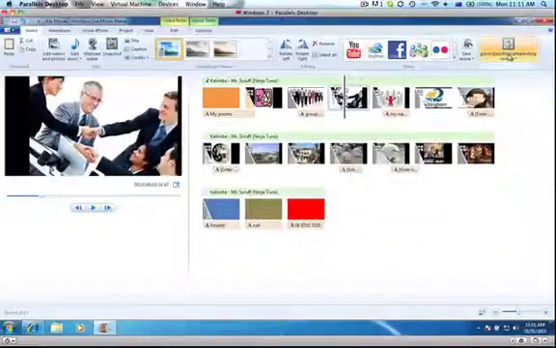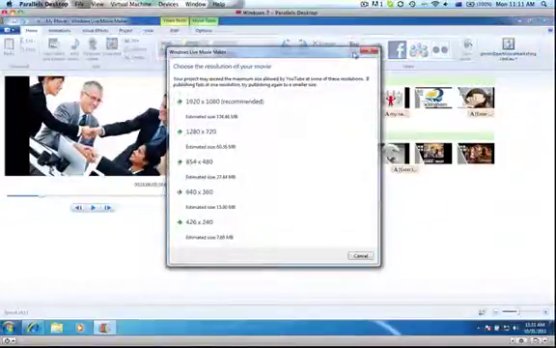So I can see here that I'm already logged in, and that means that this panel is now active, and I can click on YouTube, and that will bring up a selection box for choosing the size that we want our video to appear on screen. Now, mostly for YouTube, it's 640 by 360, and those numbers relate to the number of pixels, which is actually the little dots that make up the image. At 640 pixels wide by 360 pixels high, and that's also called a 16 by 9 or widescreen